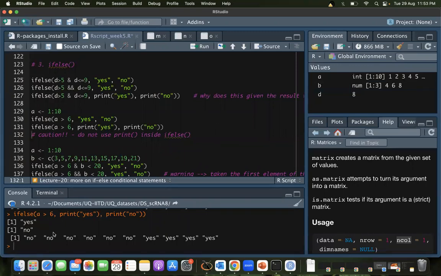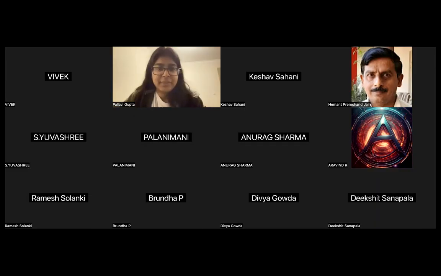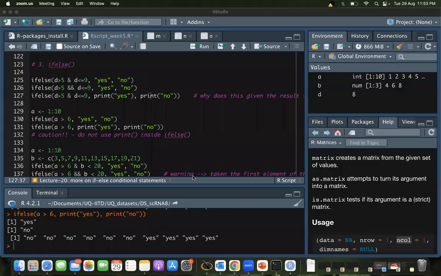It prints whatever of these, what happened here? 1 second. Is there a way to switch on a pen when I'm sharing the screen? Okay, this one. Yeah.